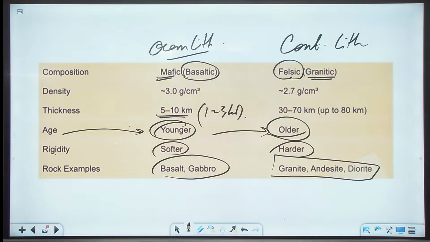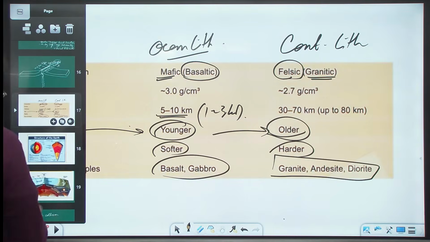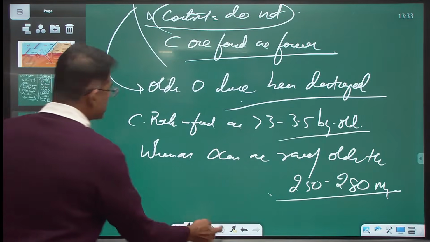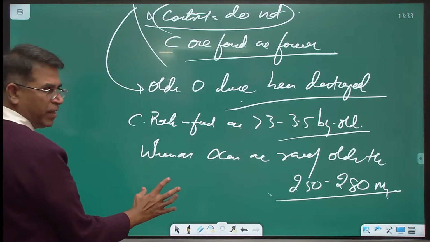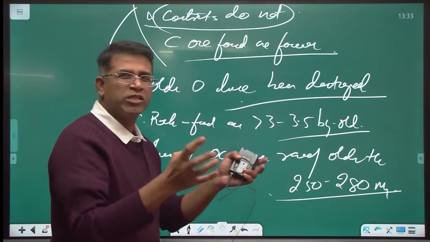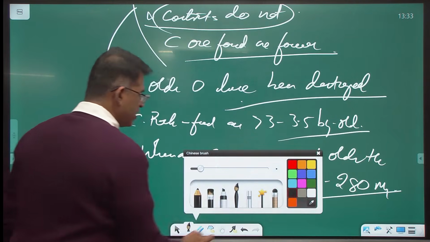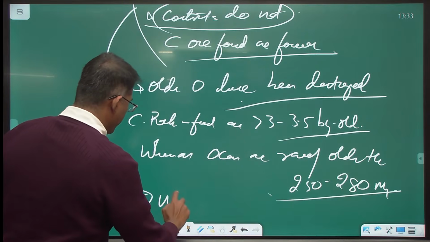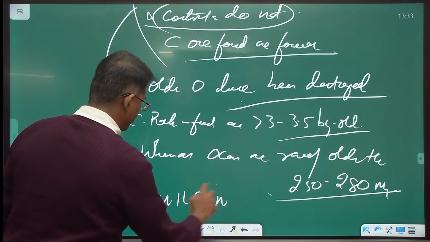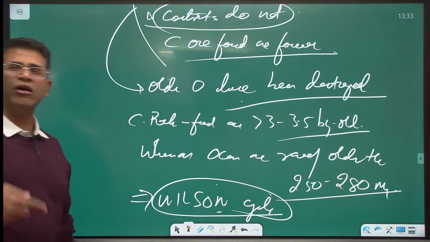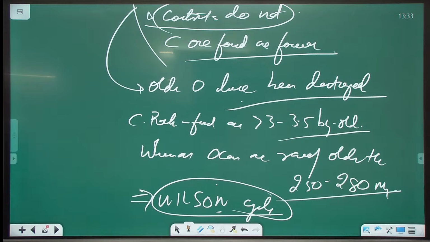Okay? So there is a process for this. We just mention that for now. We don't need it. The process where oceans subduct, oceans create continents, oceans are created and again melt, is called the Wilson cycle. The process by which the oceans get churned and recreated as continents is called the Wilson cycle.